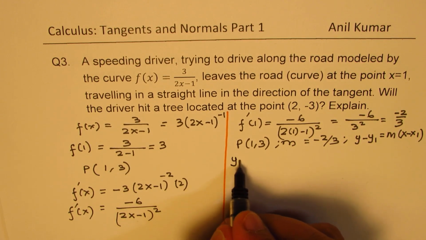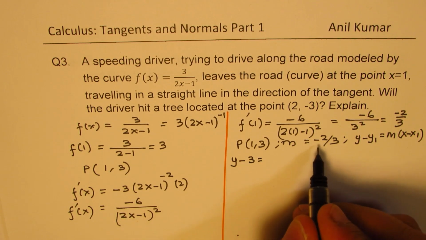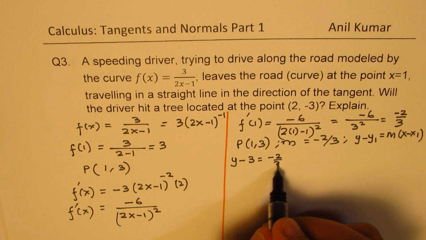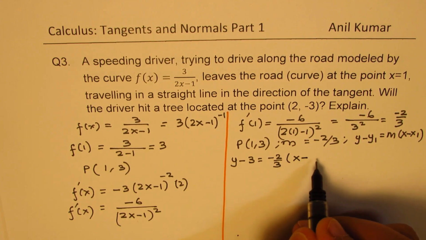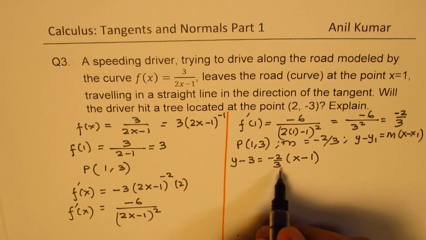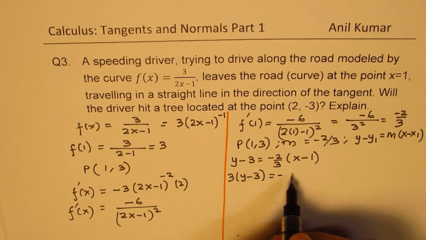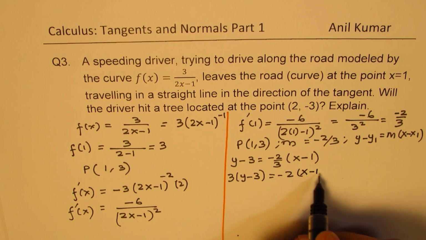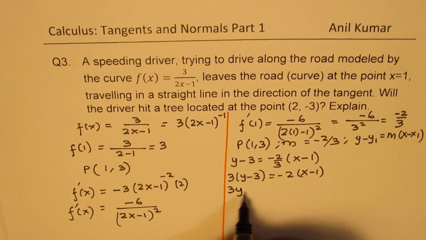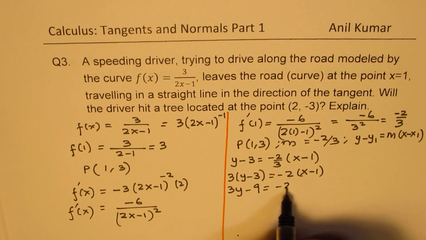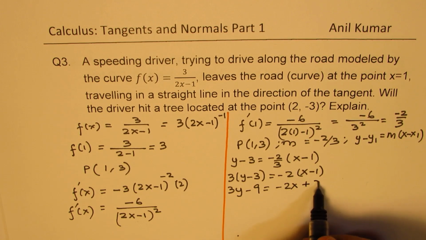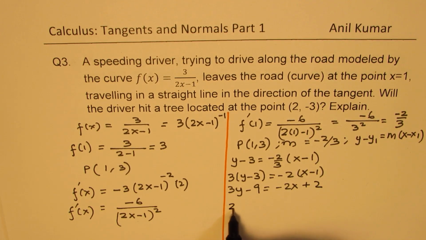So we get y minus 3 equals the slope, which is minus 2 over 3, times x minus 1. Or 3 times (y minus 3) equals minus 2 times (x minus 1), 3y minus 9 equals minus 2x plus 2. Bringing it together, we get 2x,